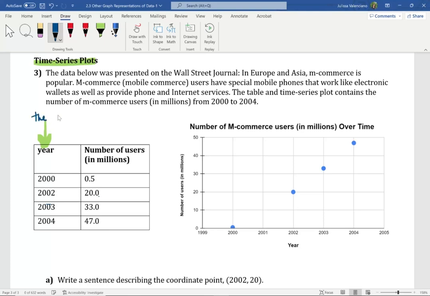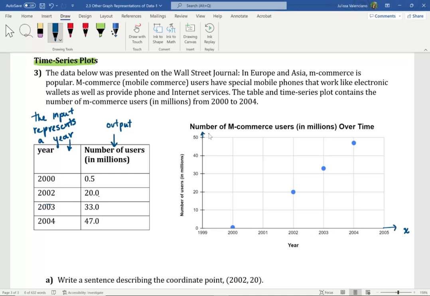So again, I'm going to make that comment. The input represents a year. The output can be any quantitative variable that we're keeping track of, so I'm just going to write output here. Now, for time series plots, we're always going to use the horizontal axis, also known as the x-axis, to label the time. The time could be in seconds, minutes, hours, months, weeks. In this case, we are using years. So that is what we're using the x-axis for.